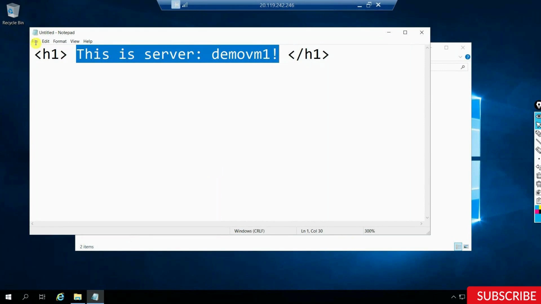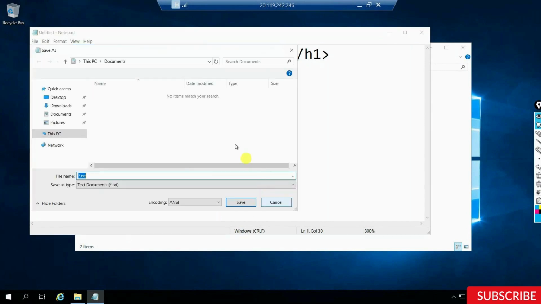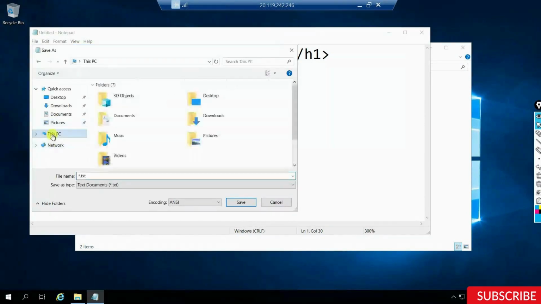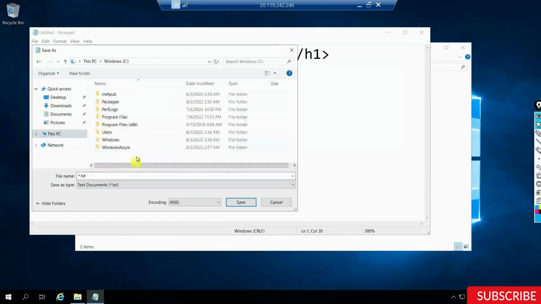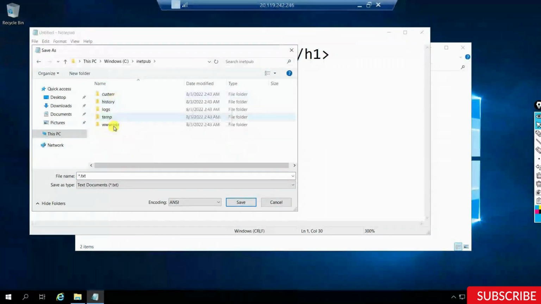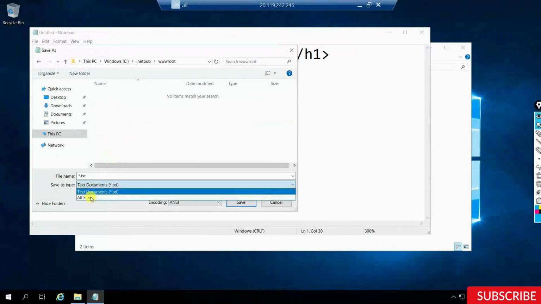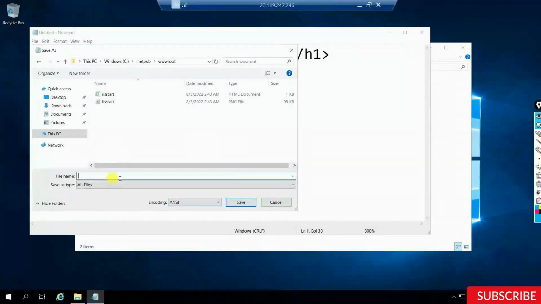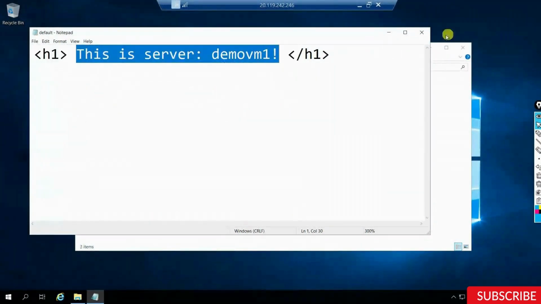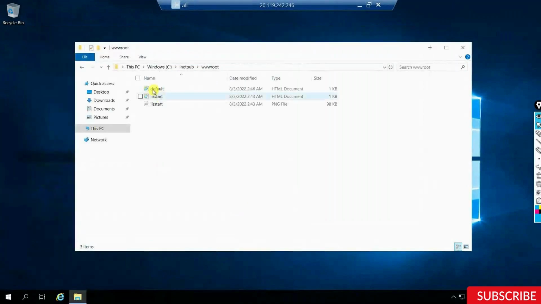So I'll just save this as, I'll save as, and I'll just go ahead into the folder called wwwroot, and I'll just say all files, and I'll save this file in quotes. I'm saying it is default.html. I'm just saving this file as default.html out here. I'll just say save. So what this will do is that this will now give me a new page called